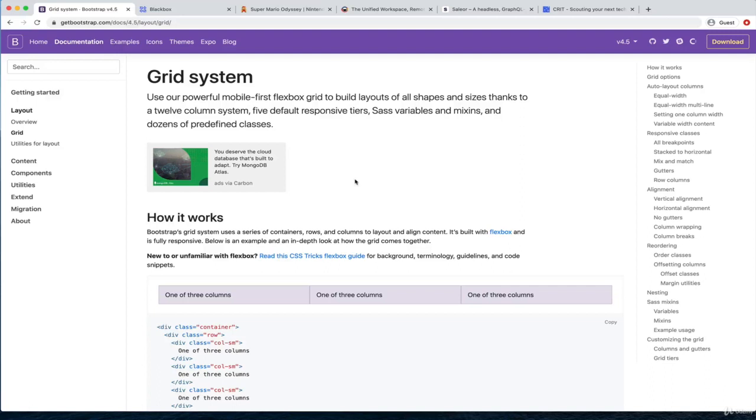So we're going to focus on the essentials so that we can get building nice, responsive, modern websites relatively quickly. Okay,